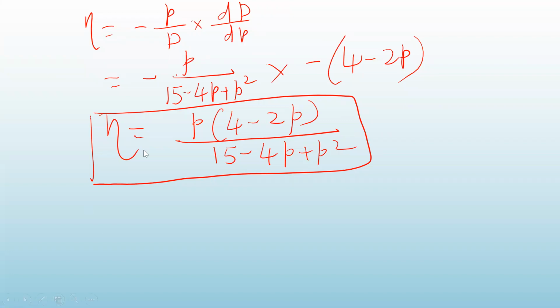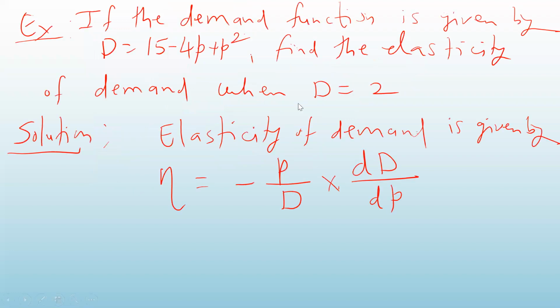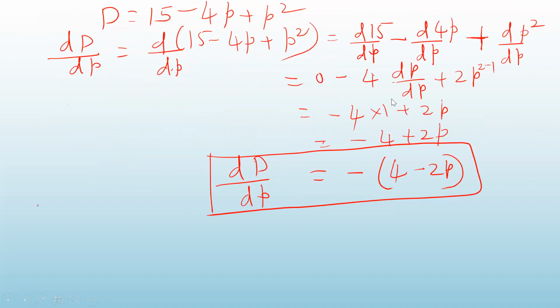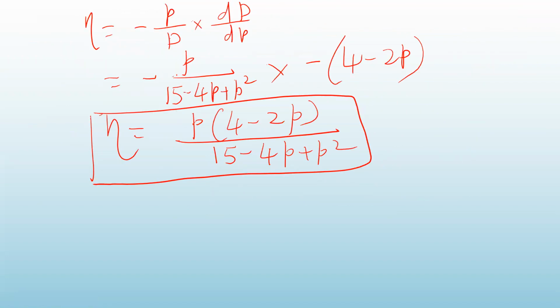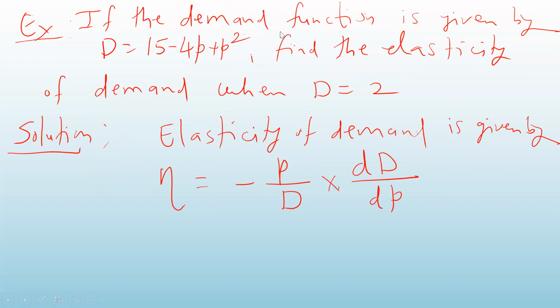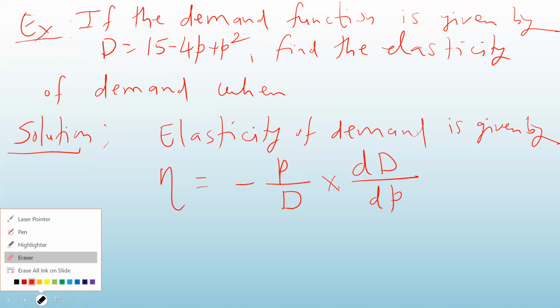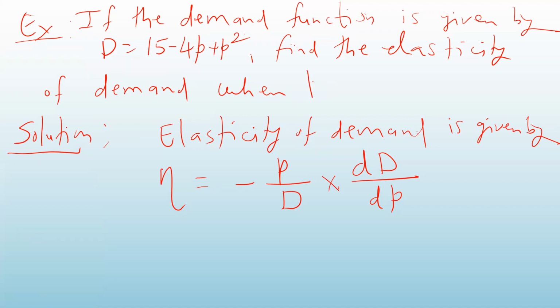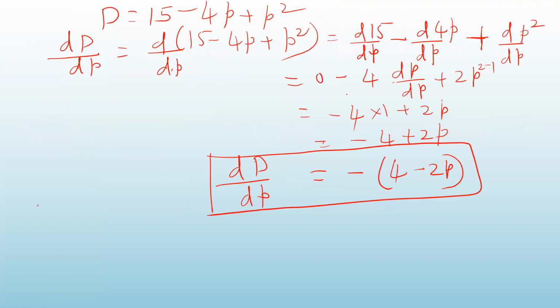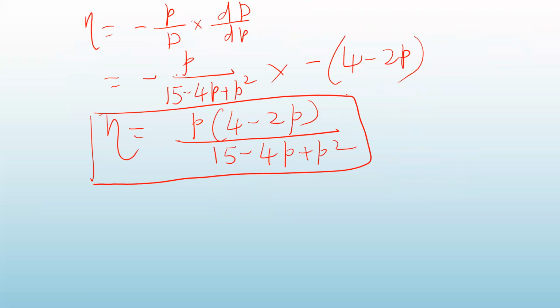Okay. Now we have to find out this at which point. Find elasticity of demand when price p is 1. Sorry, I made a mistake there. Previously I have written the function p in terms of d, so just make a correction here. When price p is 1. So in this formula, put p equal to 1 to find out the elasticity of demand.